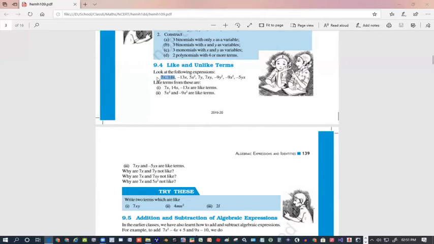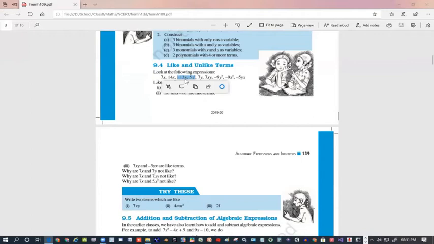So one question can come, which type of terms are these? These are like terms. You cannot say similar terms. You have to use the word like terms. So 7x and 14x, these are like terms. Even minus 13x is like term because variable is x. But this is not like term as this.